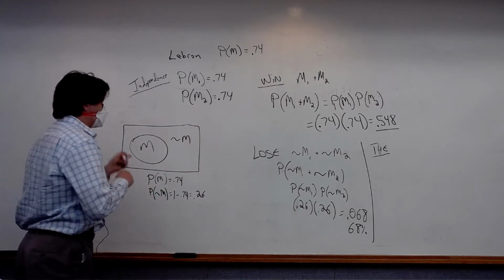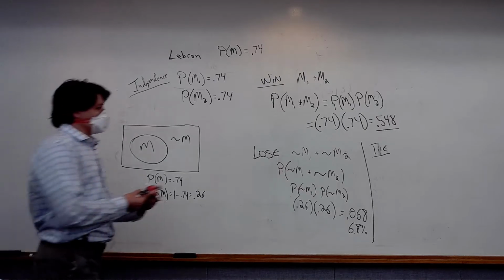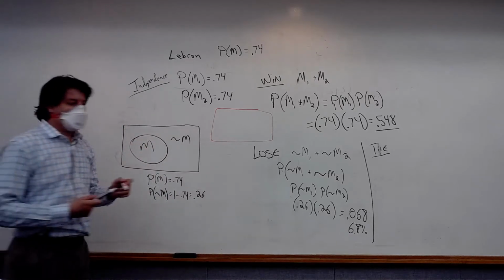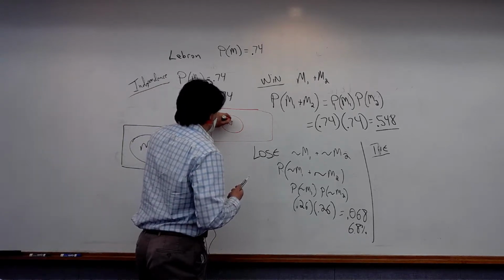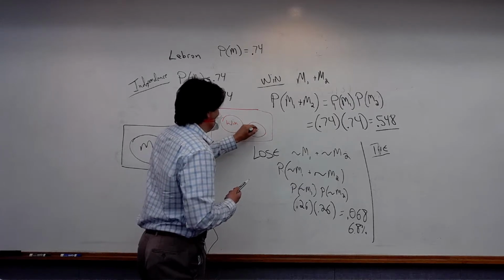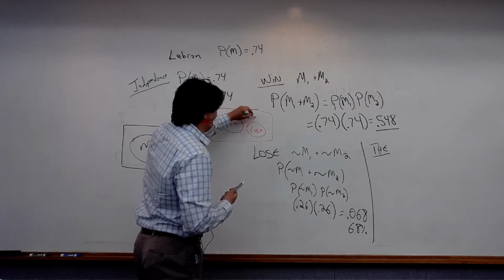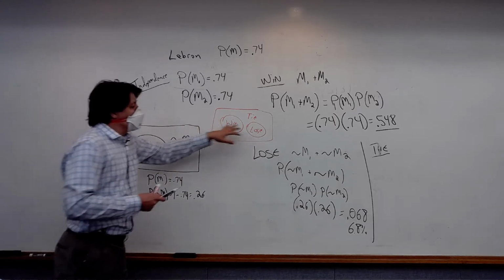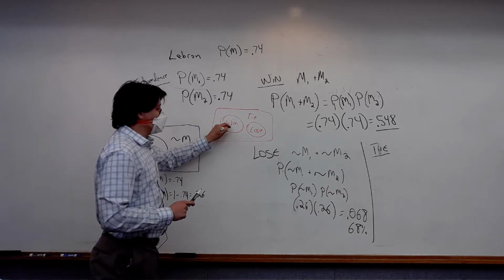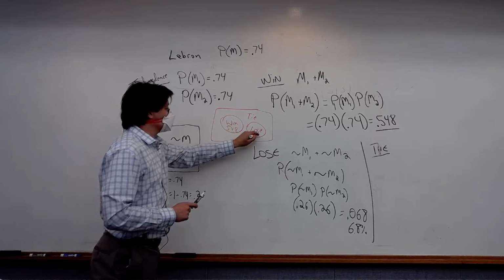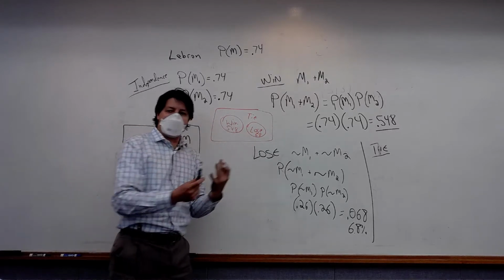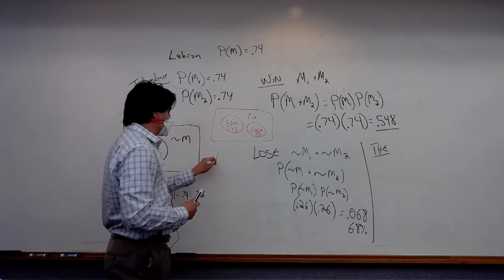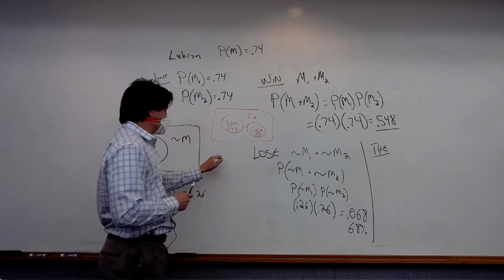Right, so let me redraw. I think I can fit it in here. So in terms of winning, losing, we have another Venn diagram where we either win, we lose, or everything else is a tie, right? And in this case, that includes making and then missing, or missing and then making. But here we already know this is 54.8%, this is 6.8%, and so everything else has to equal the rest of the 100%. So we can figure out the likelihood of a tie by simply saying 1 minus